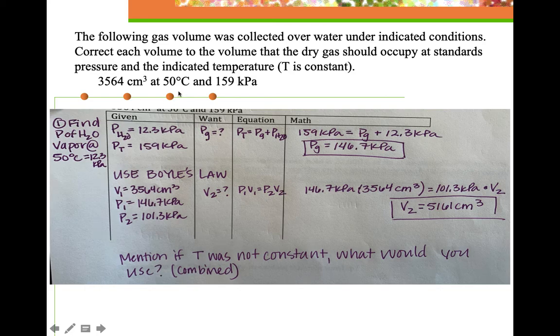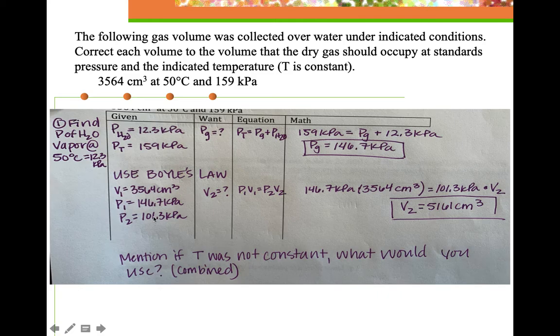But they actually want to know what the volume is at this temperature of the gas. So I'm going to think about what I know. I just solved for the pressure of the gas, 146.7 kilopascals, and they want to know what it would occupy at standard temperature and pressure. And I know that standard pressure is 101.3 kilopascals. And my starting volume, they told me, was 3,564 centimeters cubed. Now, sometimes you ask, is that really the volume? Yeah, it is. Even though you have two different substances in there, gases take up all the space. They're spread out evenly. So that is, in fact, the total volume. So I want to know the volume that the gas would take up